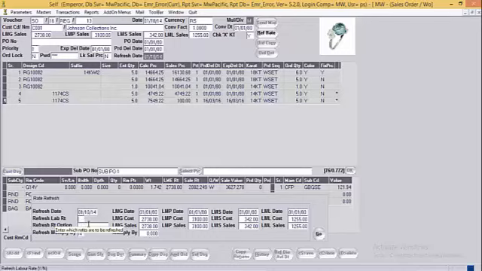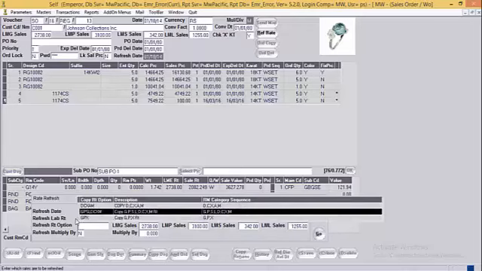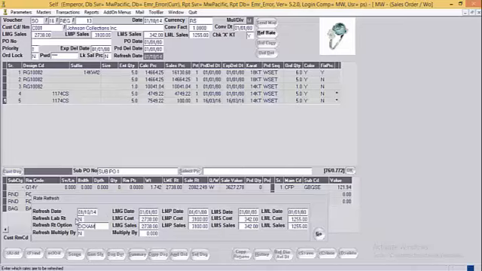He should specify whether labor rate needs to be refreshed, yes or no. Then in the refresh rate option, the RM categories he needs to mention for which rates need to be picked up from the rate chart. For example, for diamond, color stone, rates need to be picked up from the rate chart. Then whether need to refresh the multiply by factor also.